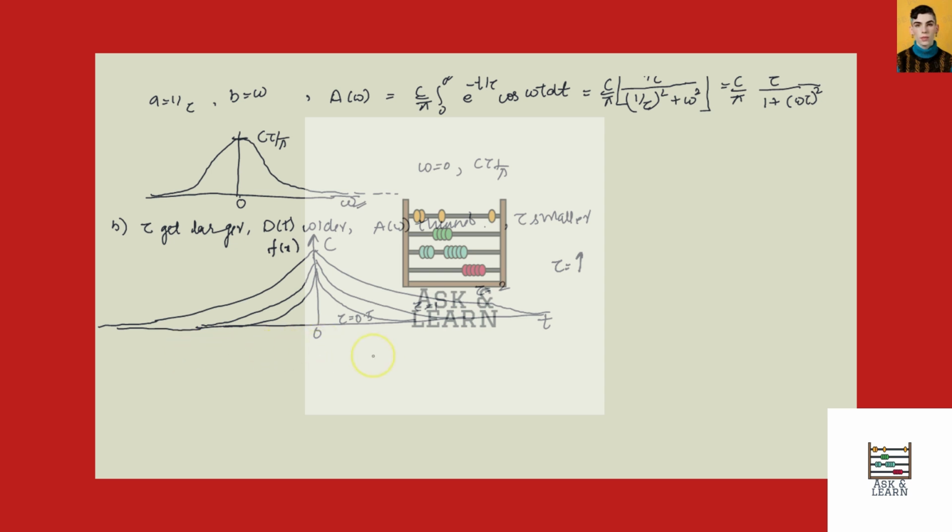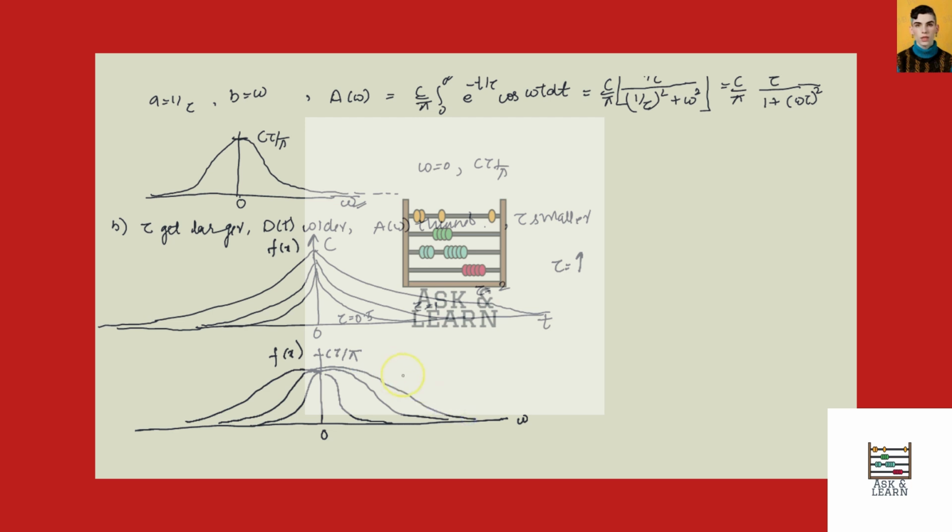And if we are going to draw a diagram for the highest value of C tau by pi between omega and the function, the graph will be like this, very smooth and approaching 0. And the time will be decreasing this way,